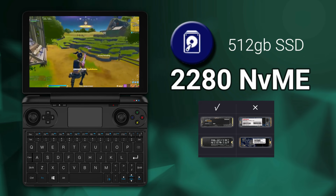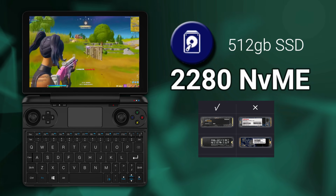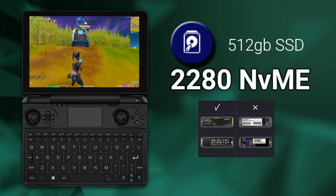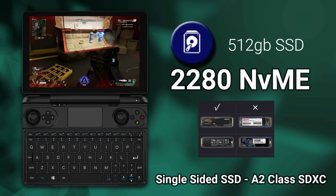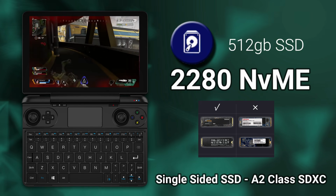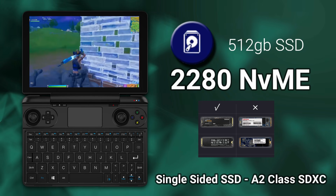For the storage option, GPD decided to go with the 2280 NVMe solid-state drive, which is known to have best-in-class performance in sequential read and write speeds. It is important to note that the WIN MAX supports only single-sided M.2 2280 SSDs. WIN MAX also supports A2 class micro SDXC cards that have a blazing fast write speed up to 160 megabits